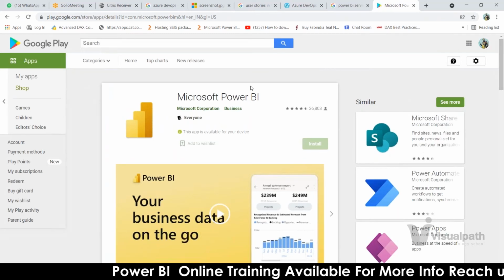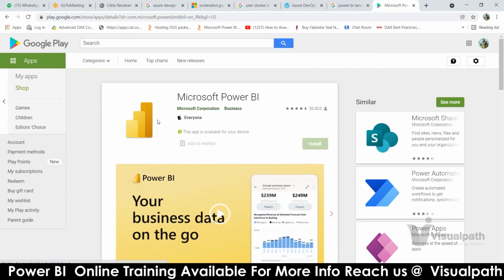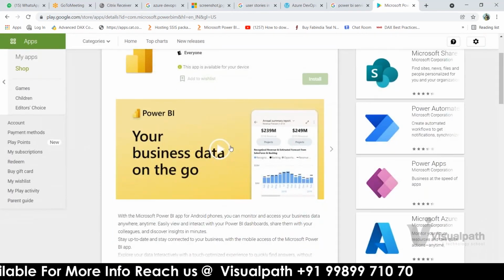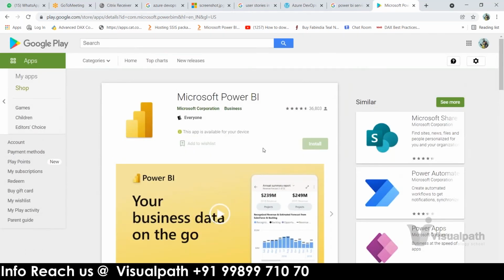So this is the mobile application, Microsoft Power BI. After the session, you can download this mobile app and check what the interface is like.